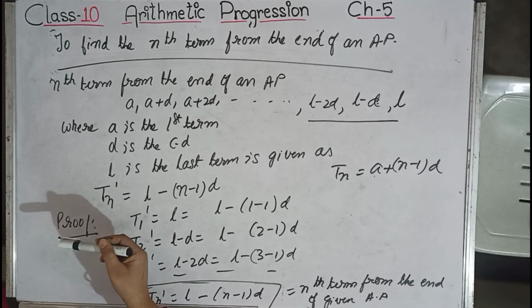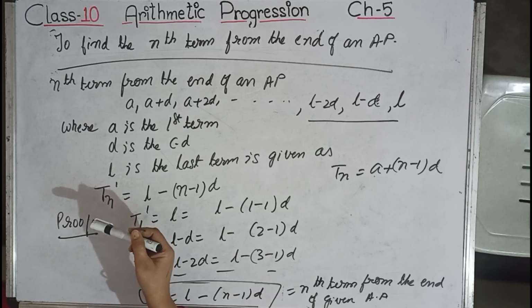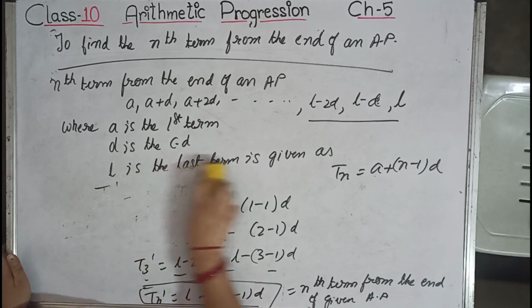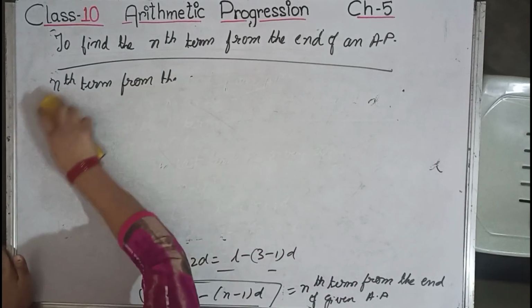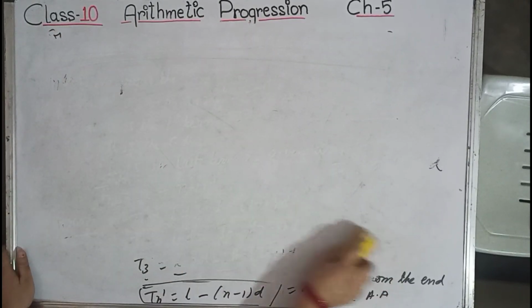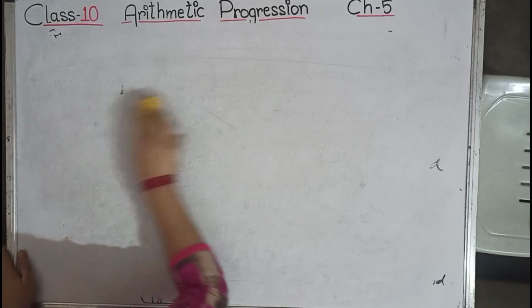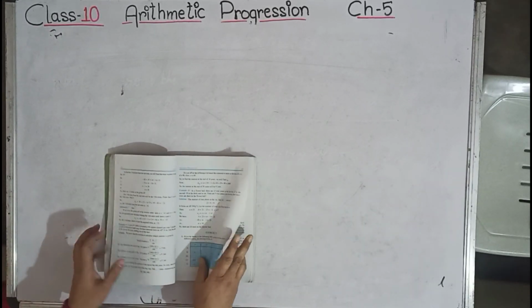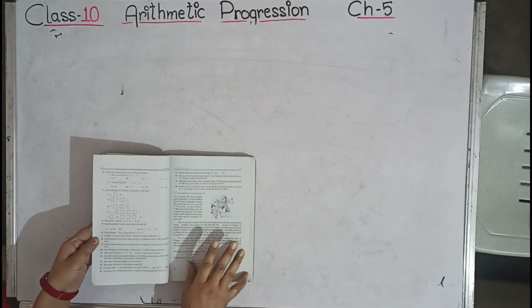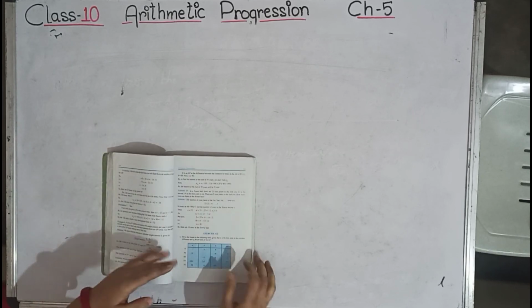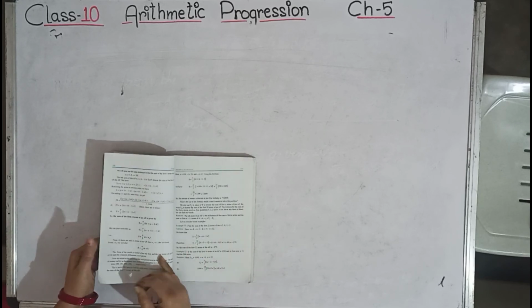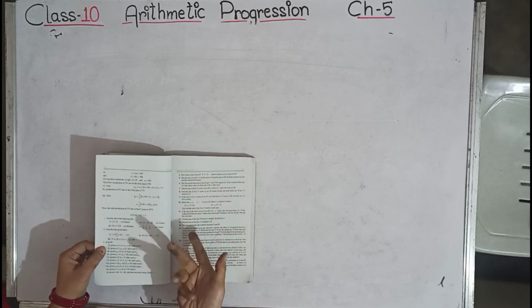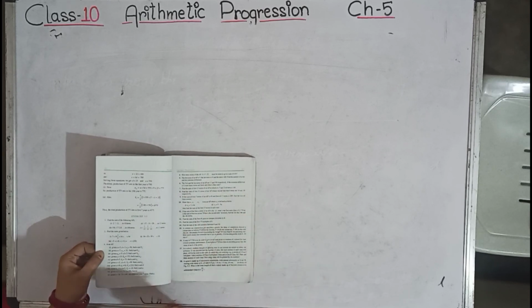Now all the types of sums I have discussed. Now we will go to exercise 5.2 of NCERT. I will be making one more video for exercise 5.2. Let me see once how many questions are there. In 5.2, 20 questions are there. So be prepared. In the next video, we will discuss exercise 5.2, and then sum of n terms of an AP, and in the sum of n terms of an AP only formula-based questions are there. The word problems are struck off.